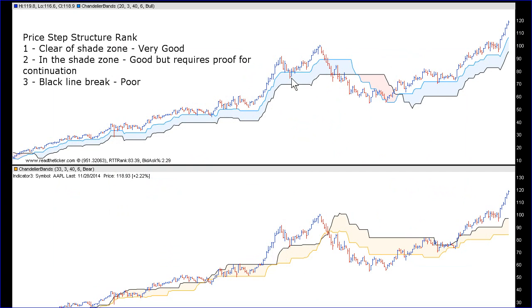So we've had a challenge to our stepping structure based on performance. We had a challenge that falls into there, and as you can see, the challenge was quickly met with a bounce back in, and it continued on. A more serious challenge happened here, and as you can see, it warranted dramatic proof that it was going to continue on. We had a little bit of bounce here, but unfortunately it broke the black line, and